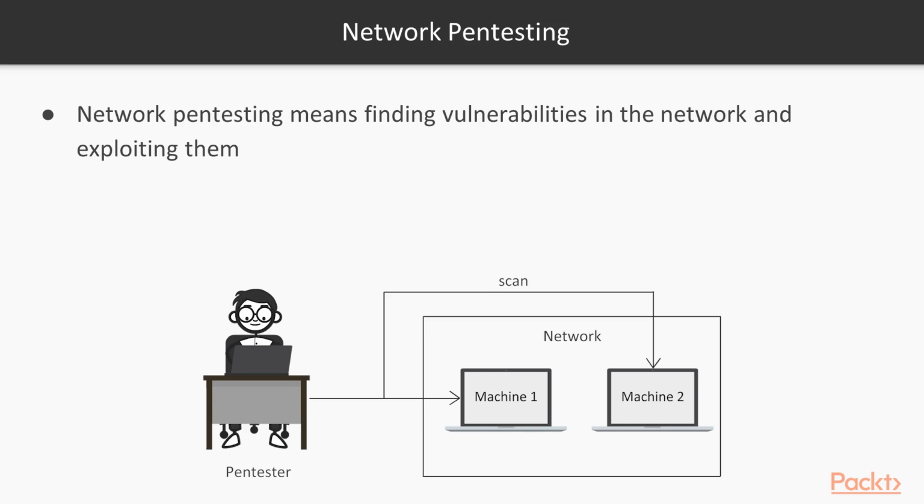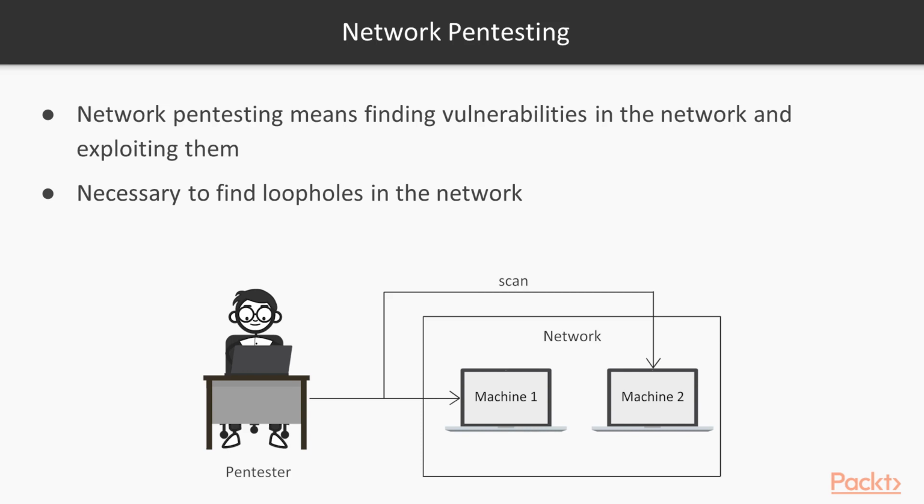You are trying to pen test your network. You are trying to find the vulnerabilities inside your network and exploit your loopholes. That is called network pen testing. Why is it necessary? It is necessary to find loopholes in your network. If you have no idea what the vulnerabilities or weaknesses inside your network are, first scan your network, find the vulnerabilities, and then you can use different methods and exploits to penetrate those weaknesses, and then you can patch your network.